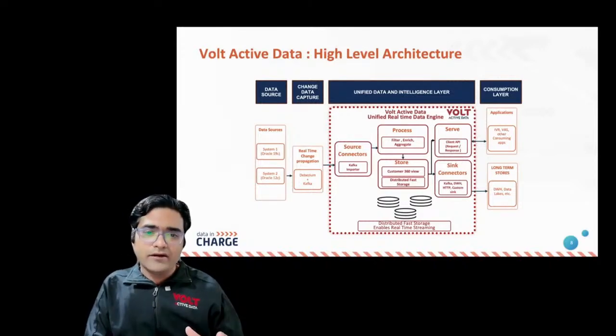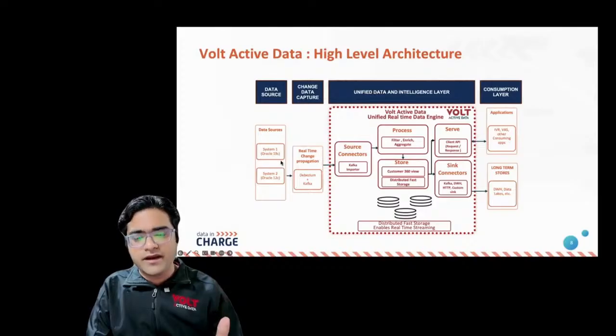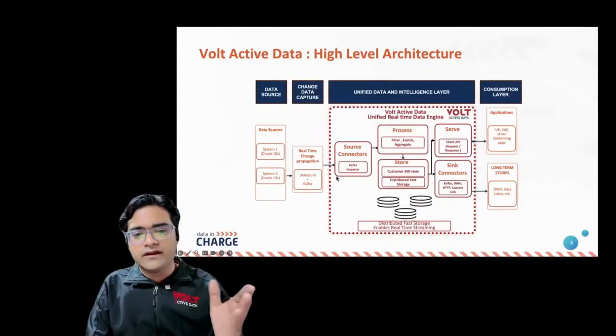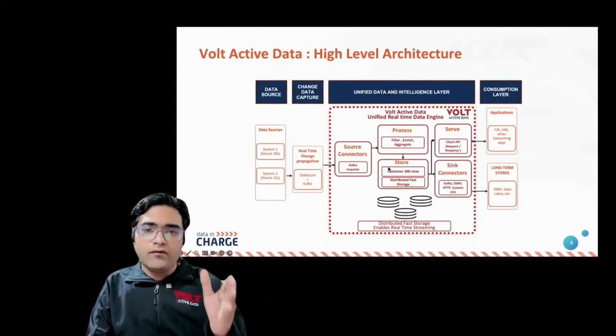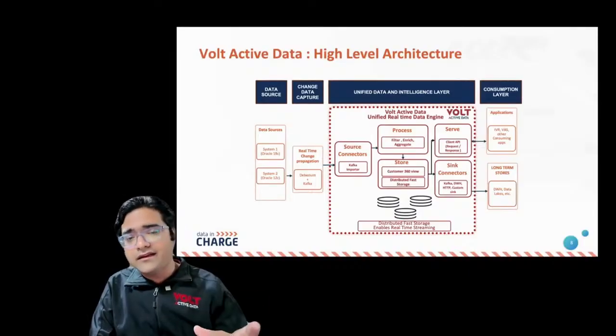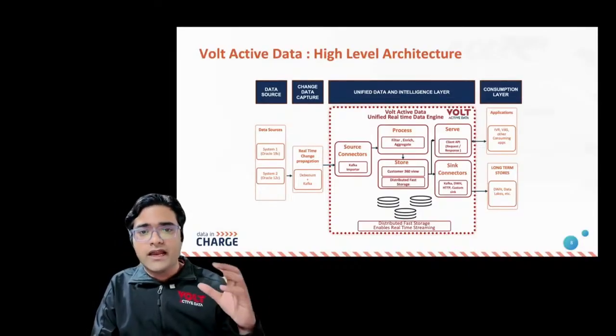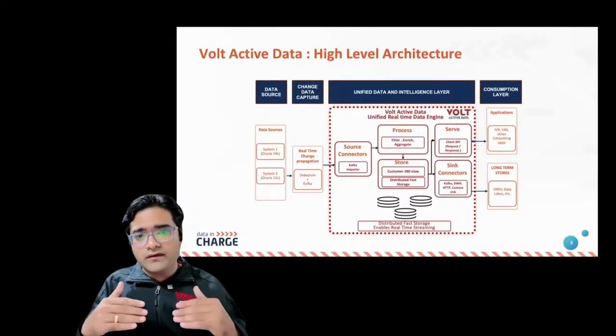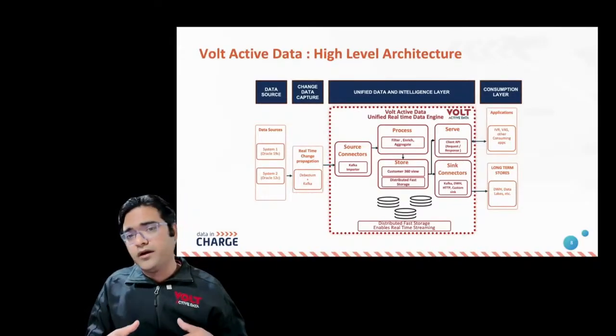So this is where Volt Active Data helps. In this example, let's say these change events are continuously being streamed through Debezium to Kafka, and Volt is consuming these events continuously in milliseconds, where we have implemented different logic to filter the data, aggregate the data, enrich that data, and create a unified customer 360-degree view,